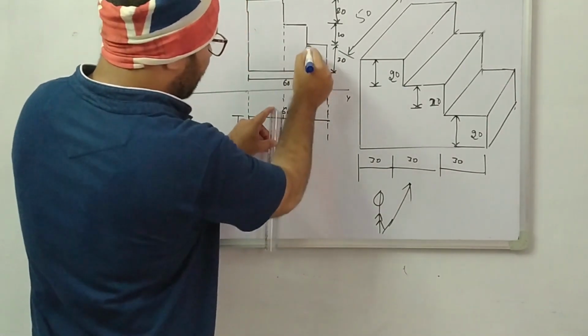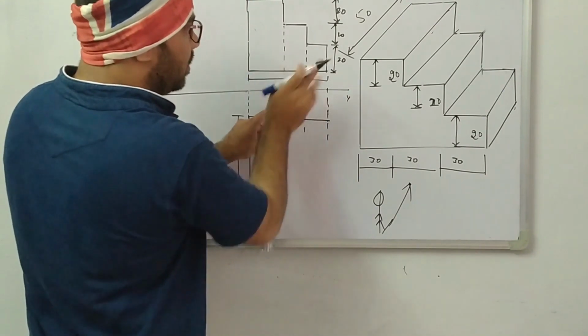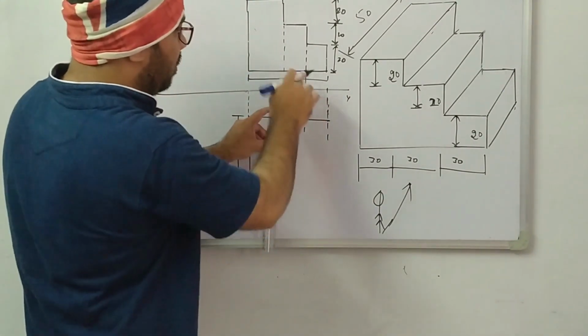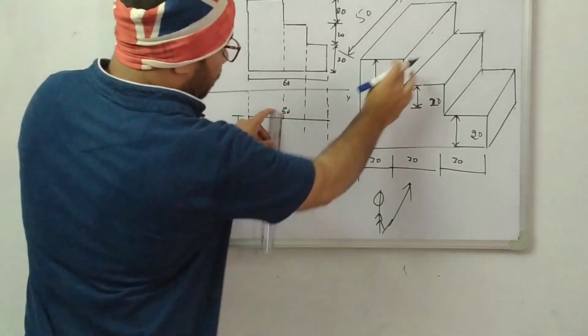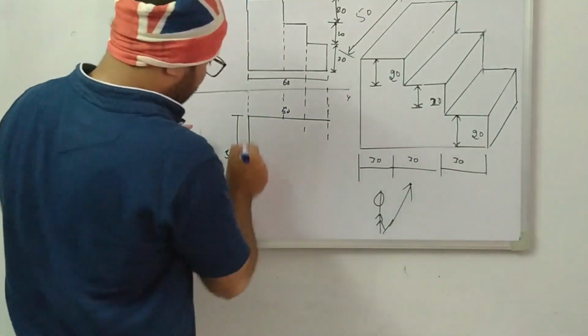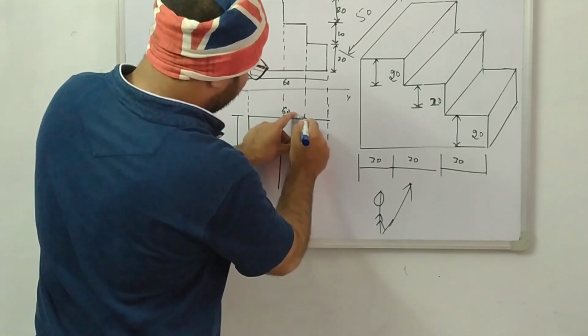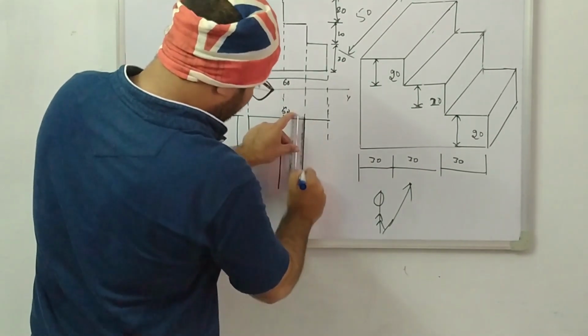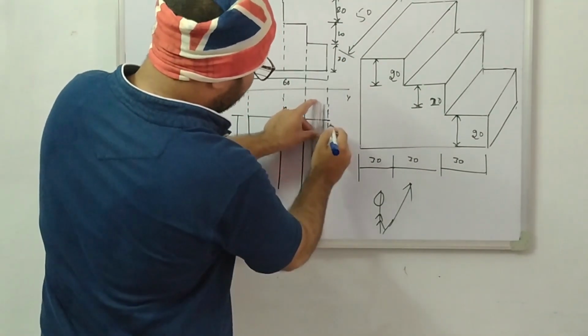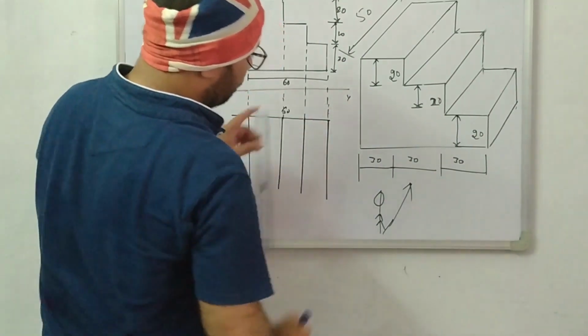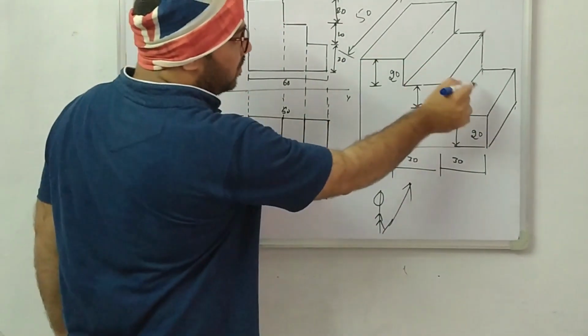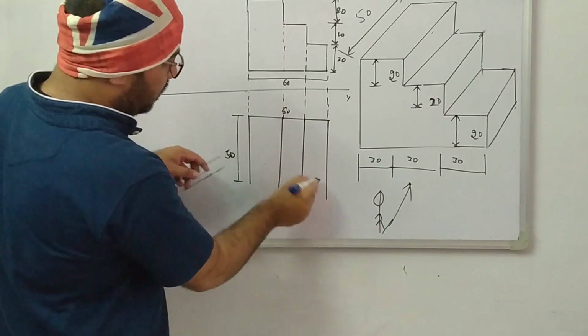No, this is the vertical one. Don't highlight these dotted lines. Okay, for example, I have highlighted here. Now, this height is how much? 50. So this is 50. Now draw the 50. And similarly, another vertical line is here. There also draw 50. And here the vertical line is there. Another 50. So now we are going to see these 3 steps.